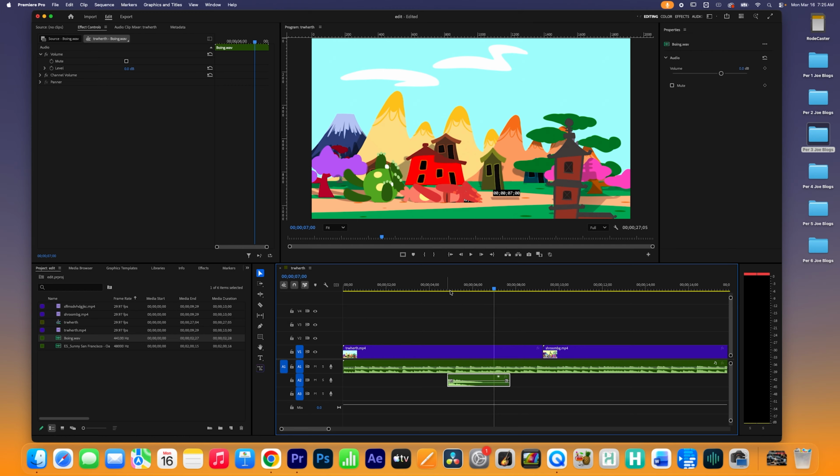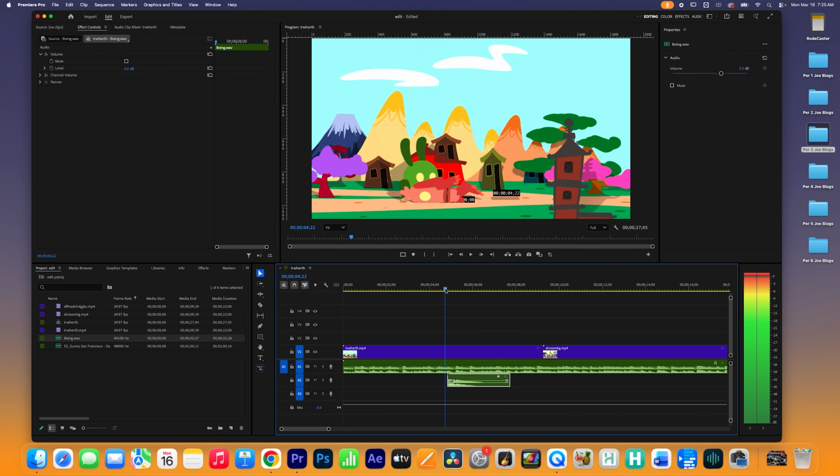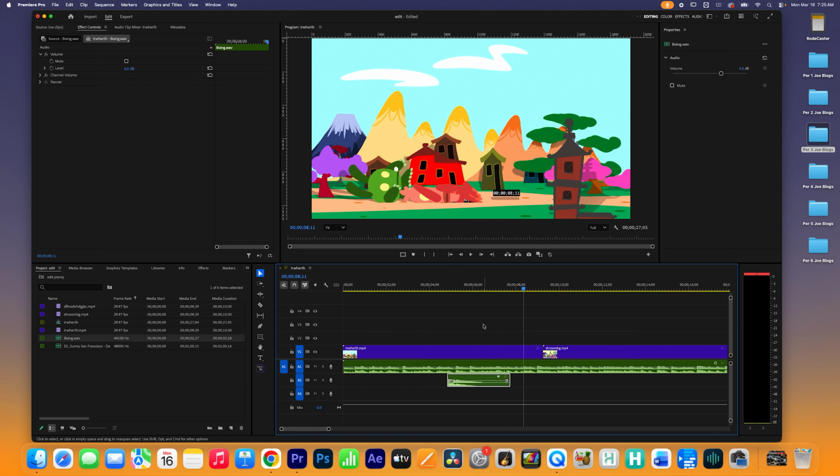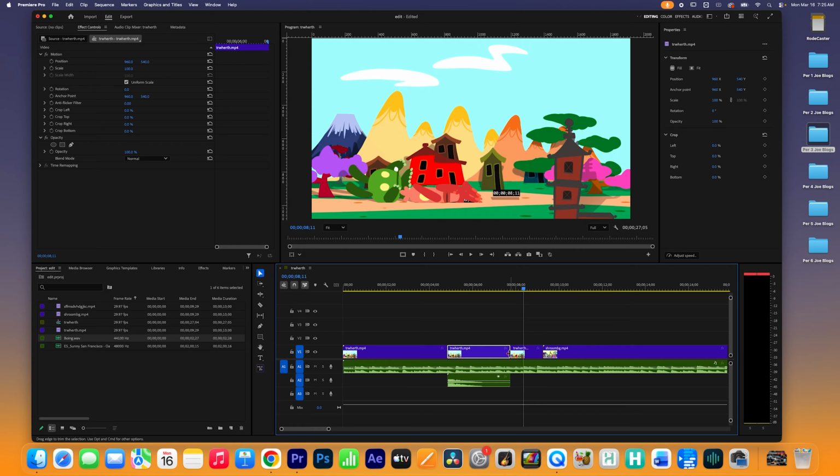A good thing about Premiere is that you can edit more. I feel like maybe the animation could be faster here. That little falling effect, I think, could be faster. So watch this. This is a good way to cheat on your timing. You can do stuff like this in After Effects, but here it's a lot easier. So if I cut the part where the character is falling, the animation,